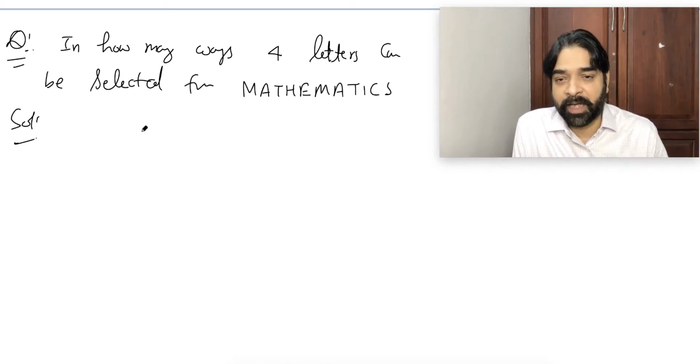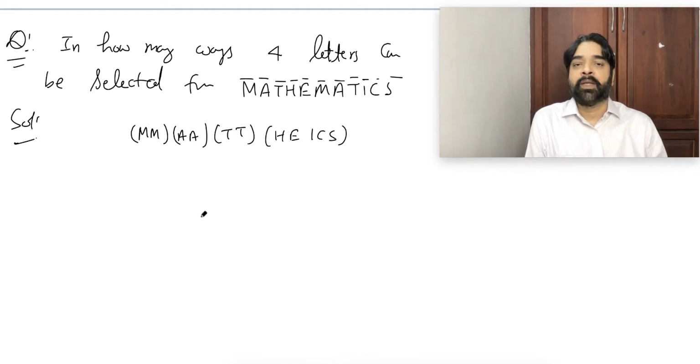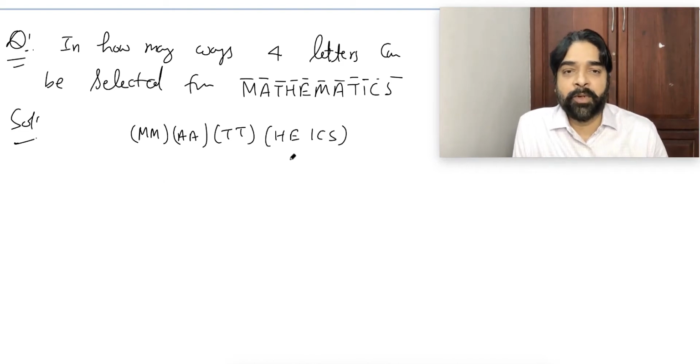So mathematics, first I will arrange it properly. M 2 times, this is gone. A 2 times, this is gone. And what else 2 times? T also 2 times. 2 times is gone, and all the rest are different, I think: H, E, I, C, S. Yes. Correct. So first we will make the bracket of it.